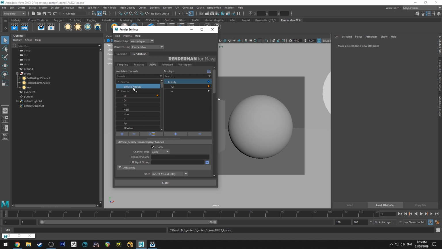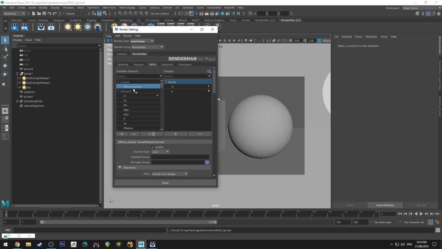There is further information on this on the RenderMan wiki, which I will link to in the description. Hopefully I remember. If I don't remember, please just let me know in the comments and I'll add it. But there's a lot of good useful information there, and this is just going to be a starter. So I'm not going to be able to tell you how to do every single scenario, but hopefully this will get you on the right track to set your own up.